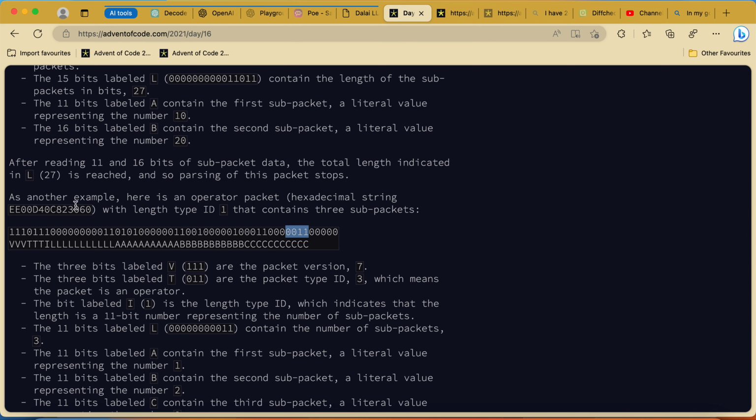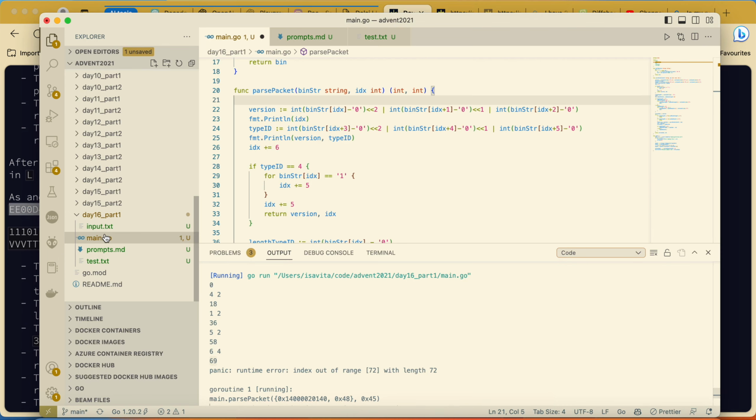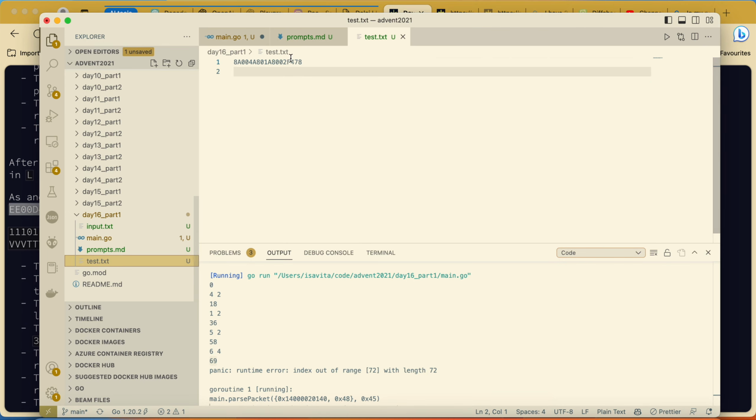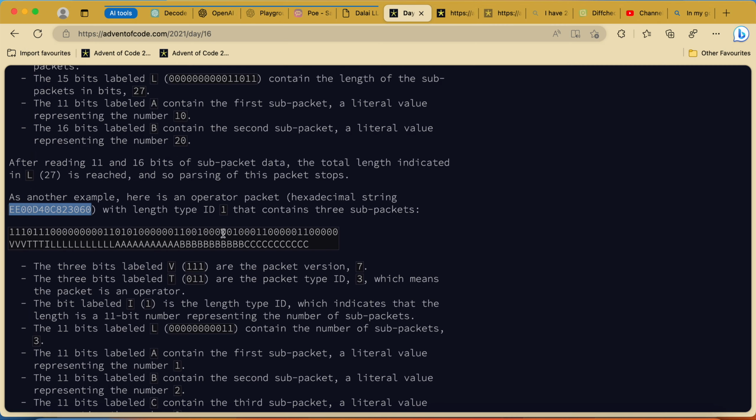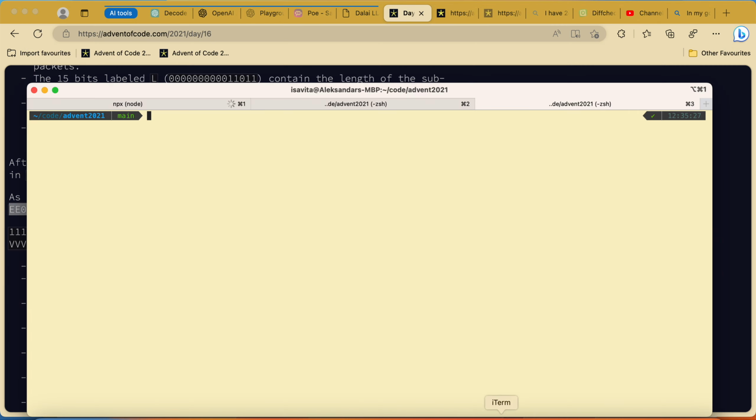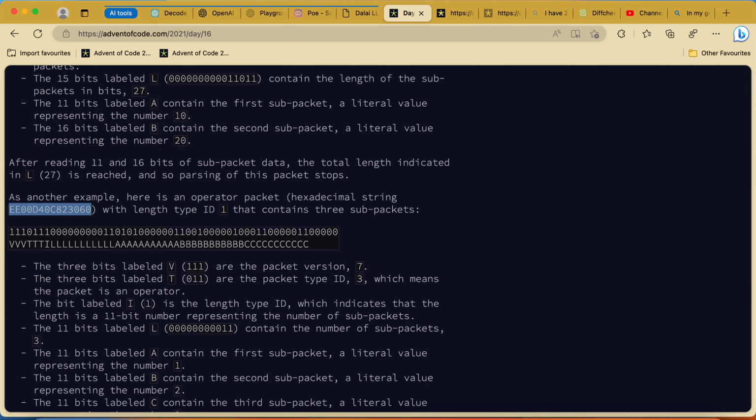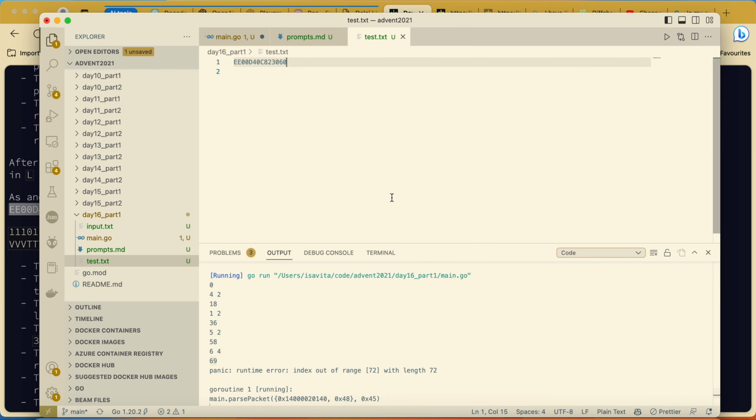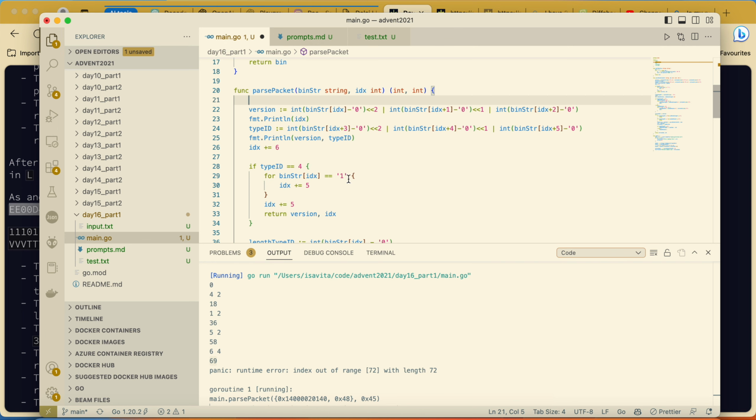Okay, let's do it with this one because we can actually debug it here. Haven't seen that we actually have this one, and we can debug the actual binary value.